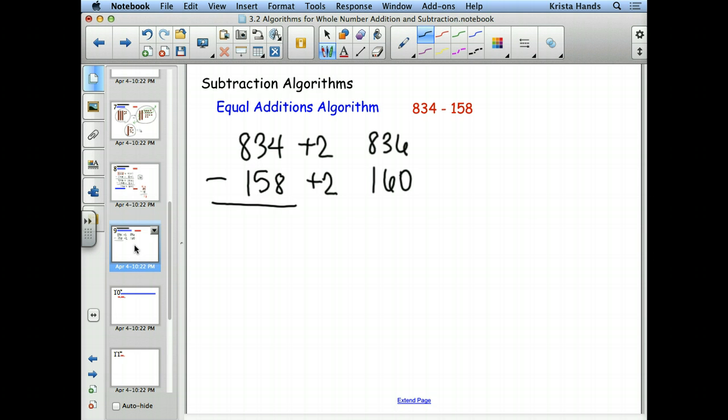Now, there's a problem here. If I stop here, I still have to borrow. Do you see it? Yeah, because I still have a 3 above a 6. So I am not done because I have not achieved my goal, that is avoid borrowing. So then what would I need to add to the second value to